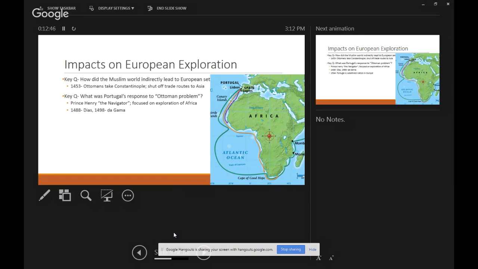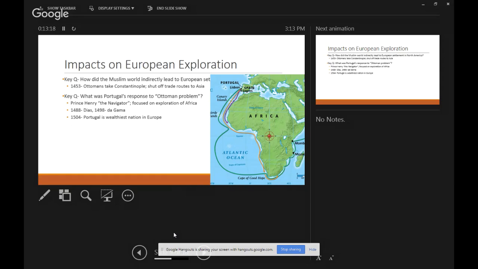So a few years later, Henry sends out Vasco da Gama. That name may ring a bell. And he's the one who makes it. He's the green one. He makes it all the way around and lands in India and China. This opens up trade again. And this is a good deal for Portugal. Let's be honest, we're never going to talk about Portugal again. This is their moment to shine. And shine they do. 1504, Portugal is the wealthiest nation in Europe because of this.